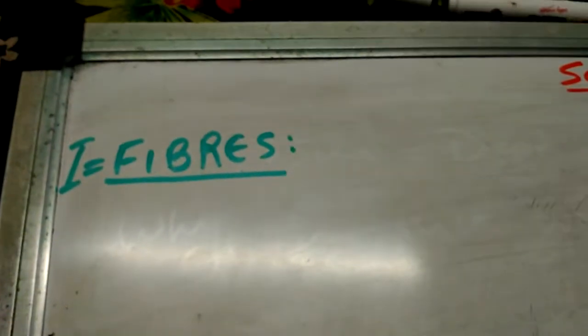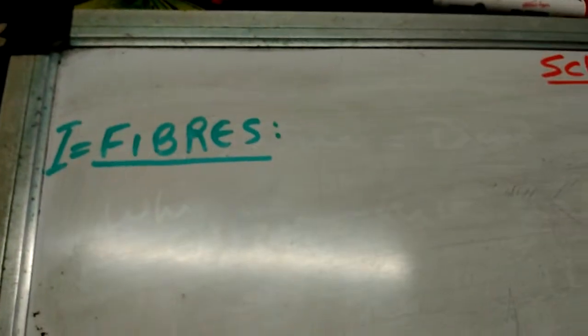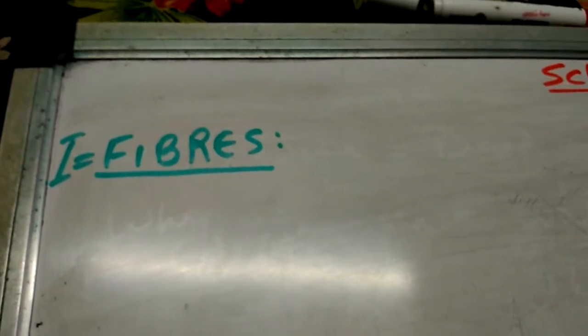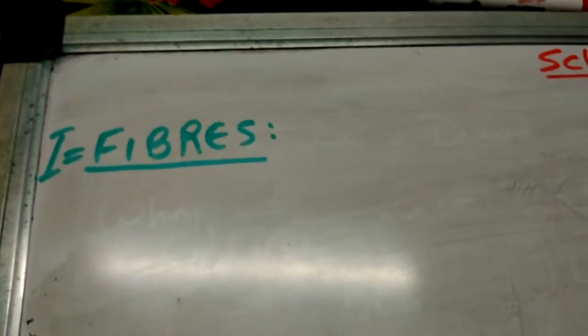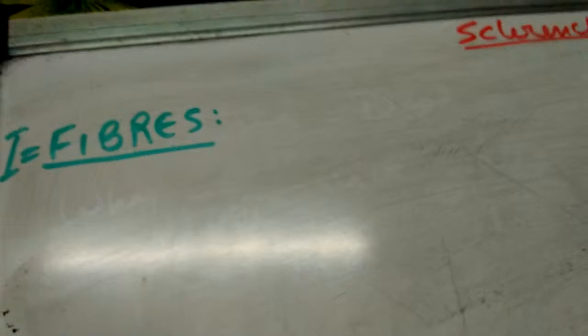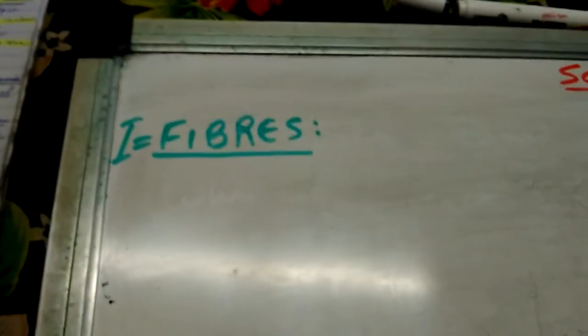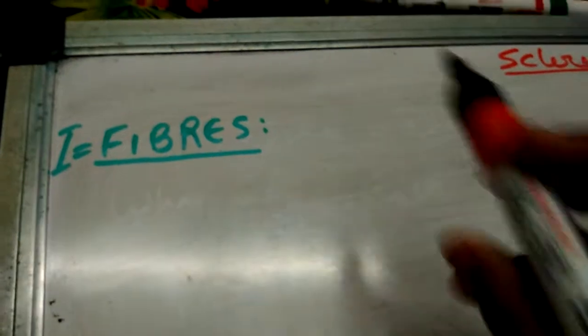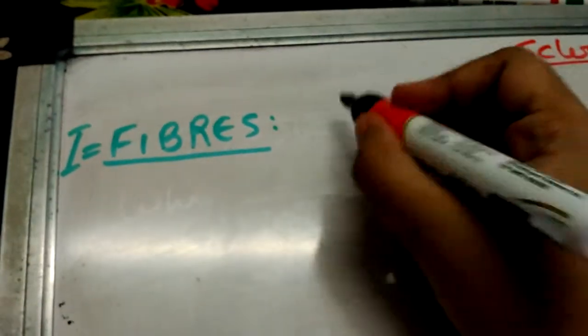Now here I come with the first type of sclerenchyma, or the first classification of sclerenchyma, which is fibers. Fibers are a particular type or category of sclerenchyma tissue. So fibers are basically,